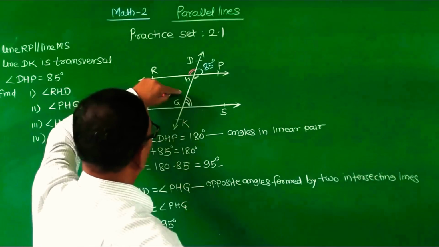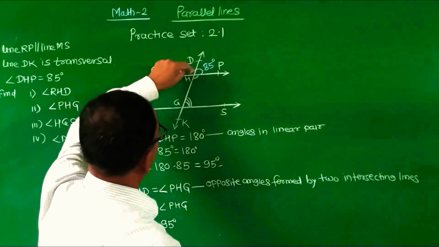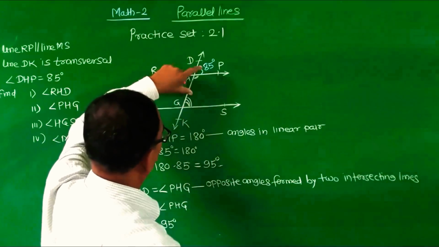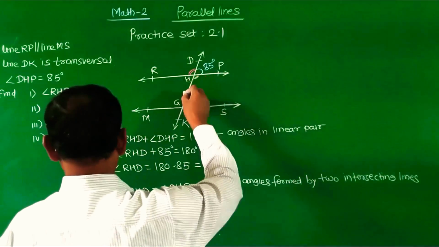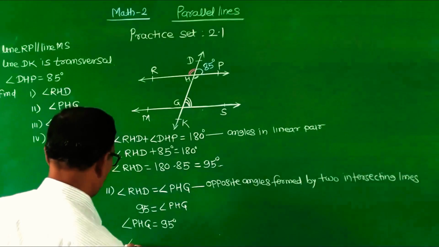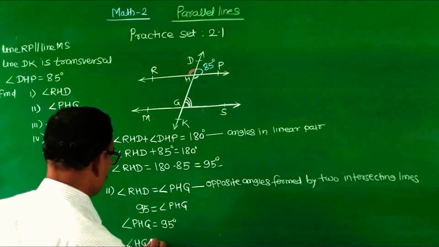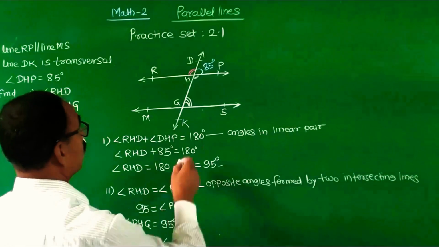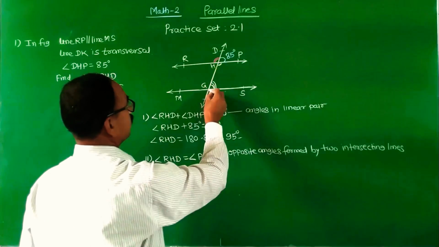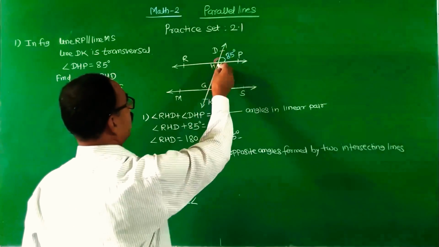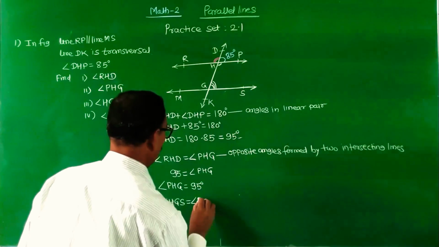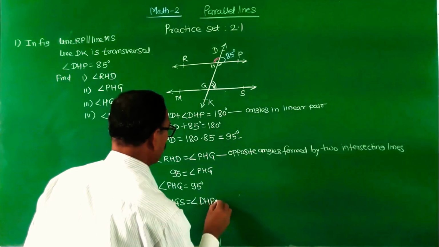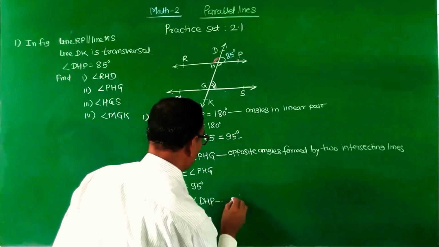So this angle and DHP, this angle, these are the corresponding angles. So we can write angle HGS is equal to angle DHP. These are the corresponding angles